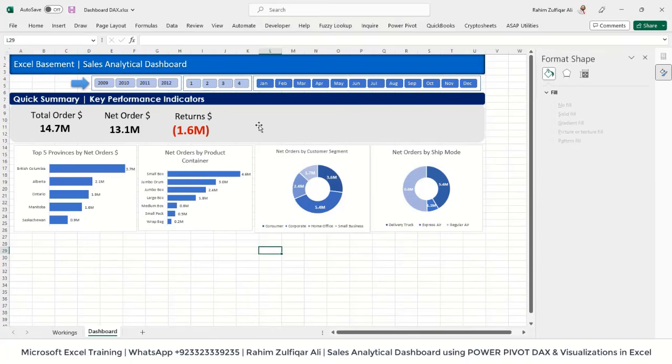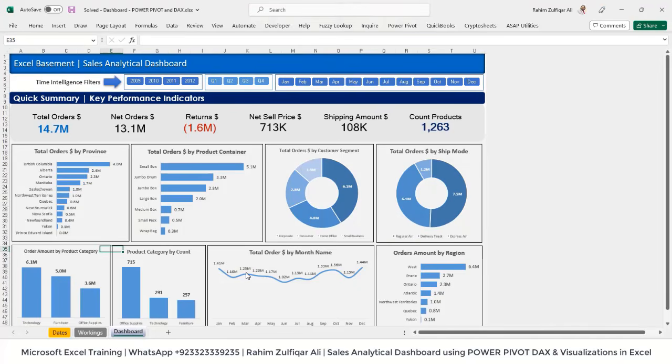The final step is to apply the formatting, which we are applying here, and this formatting part usually takes 30 to 40 minutes additional to complete, or if there are any certain changes, that will take additional time. So I hope you like this comprehensive video on how we created this entire sales analytical dashboard